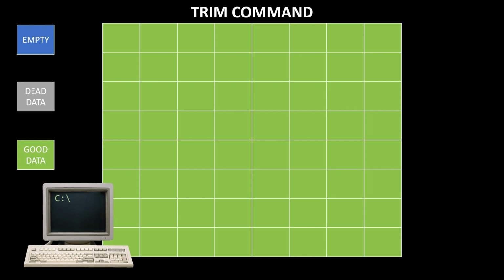With SATA, trim is basically a SATA command, so it should not be a problem. But if you connect over USB, not all USB controllers are created equal, and it has to support what's called UASP, but that's neither here nor there. The whole point here is that when you go to delete data, right,